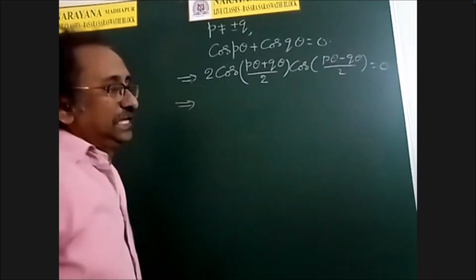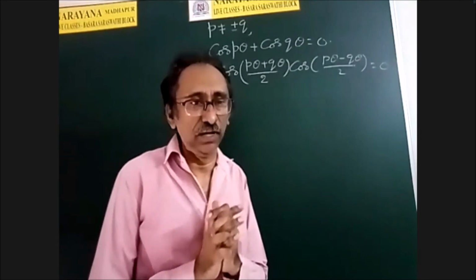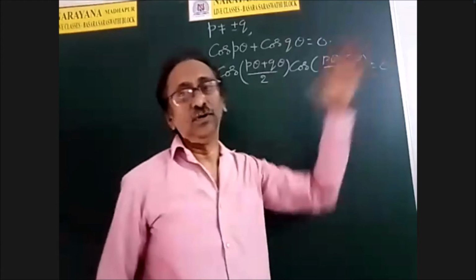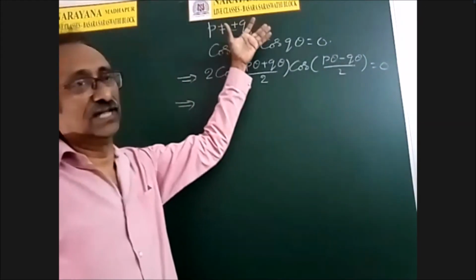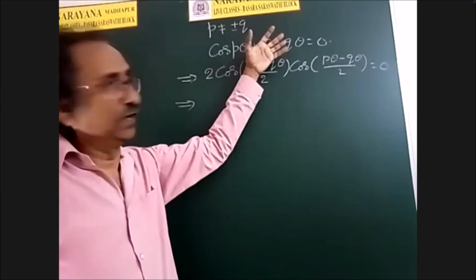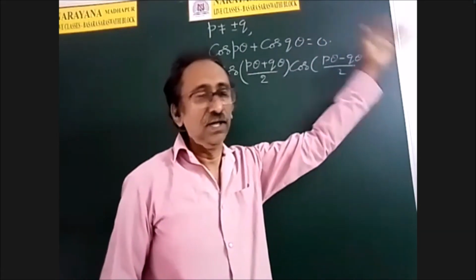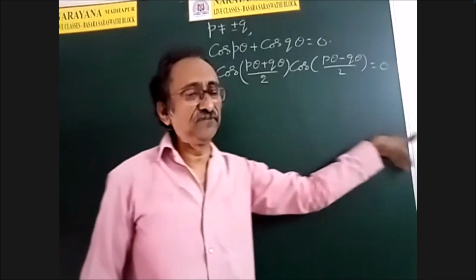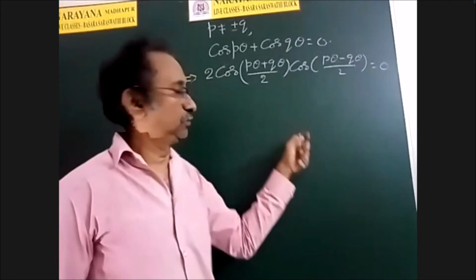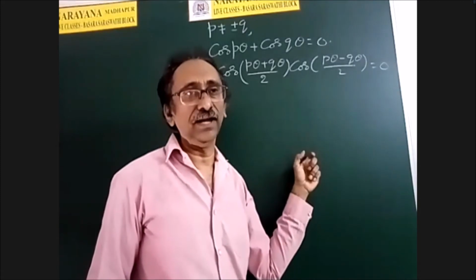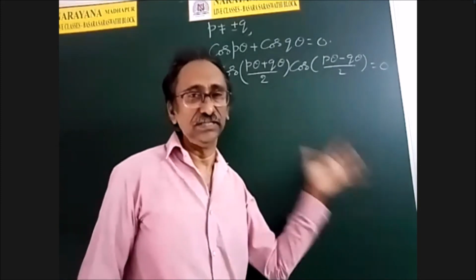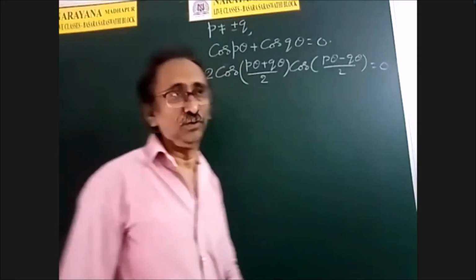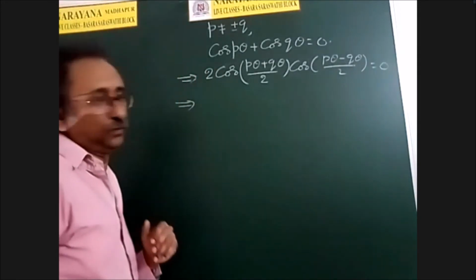And now, in this trigonometric equations chapter, we always finally tend to write some product is equal to 0. So the sum of terms or product of terms will be given as some constant. Finally, we make that equation a product of terms equal to 0. Suppose A into B into C is equal to 0, then we can write A is equal to 0 or B is equal to 0 or C is equal to 0. And now we solve those three equations separately and we will get the solutions. So that is the way we work in this chapter.